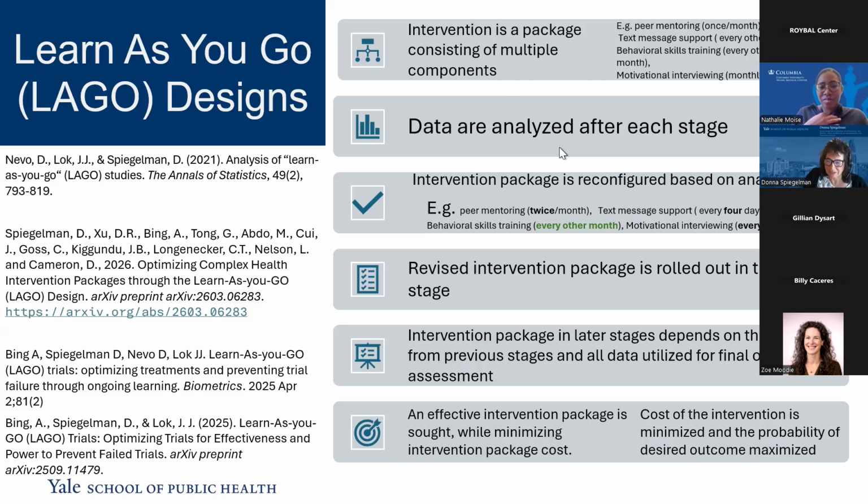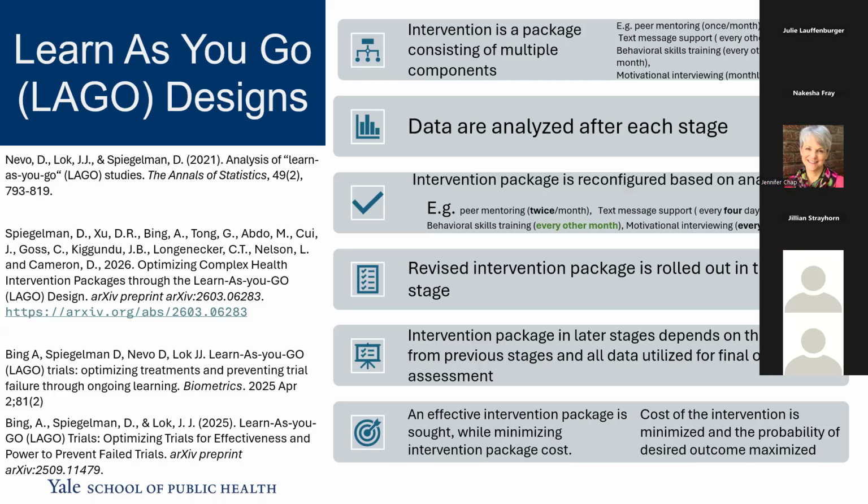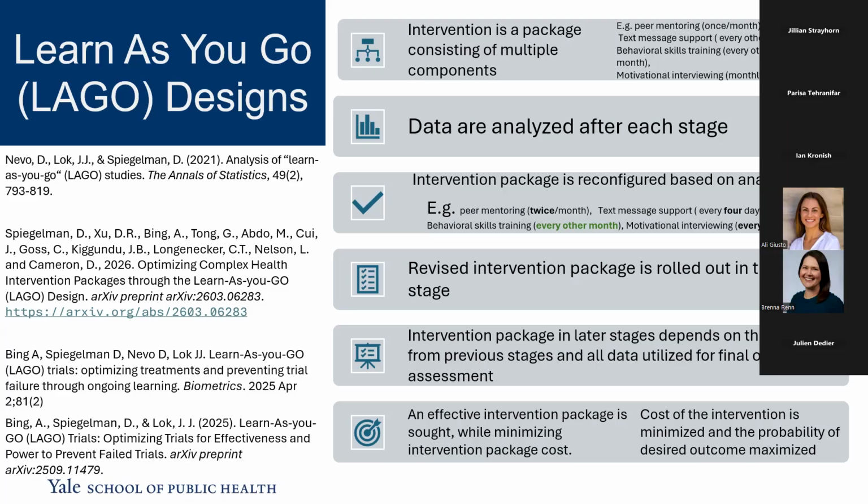And the other thing that I'm sure we're all aware of, that actually is a big help in LAGO, is we have the recommended package, like say, do peer mentoring once a month. But in real life, that doesn't really happen. Some people participated in it twice a month. Some never did it. Some maybe went more often and so forth. And so we have a range of doses, which makes it possible for us to estimate the effect of peer mentoring,